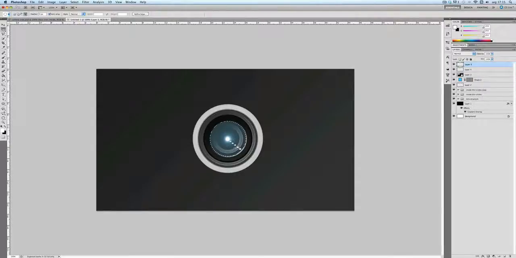And now first click with the mouse and then press Shift, because otherwise if you press Shift before you start drawing the selection, it's going to change the mode. As you can see, when I press Shift it changed to a plus, which means it's going to add to the selection, not intersect with the actual selection. So now first click with the mouse and then Shift to draw a perfect circle like this. Now what I'm going to create is a kind of a ring selection,